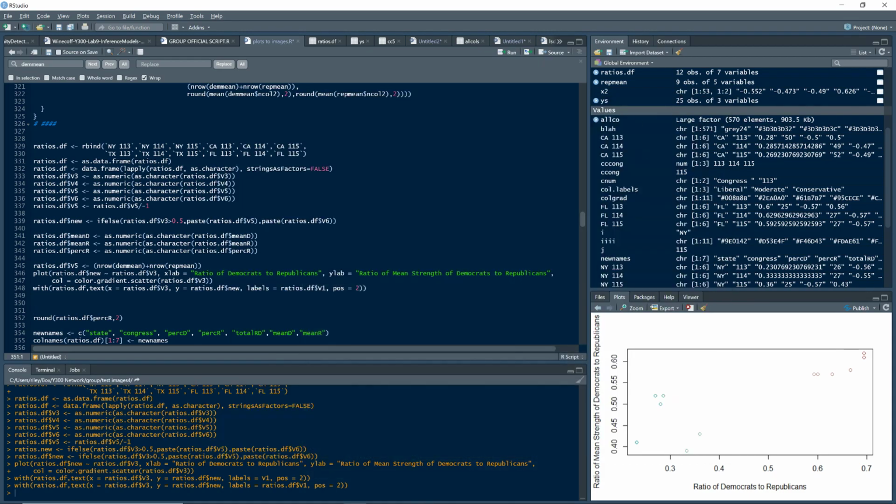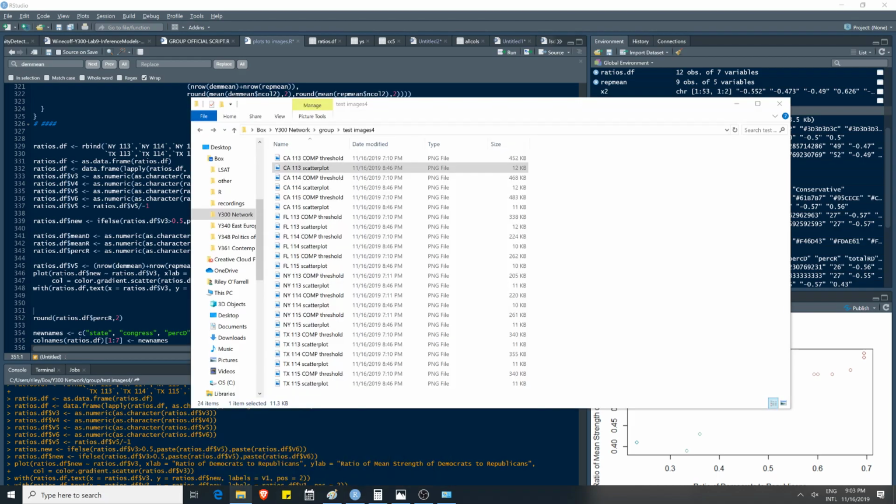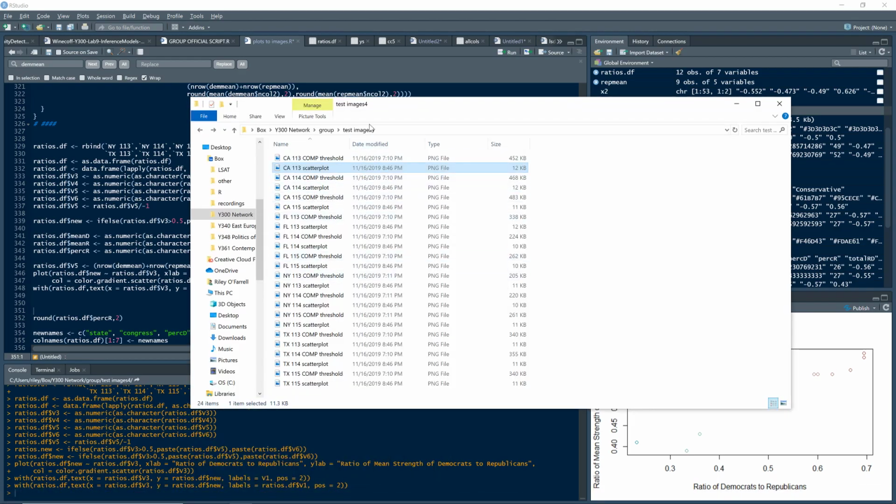Hey guys, I just wanted to run through some things about analysis and what we have. So in our group folder, you'll see a few different folders called test images. I'm in test images 4 just because I was making a lot of images lately. So the first thing to look at is,